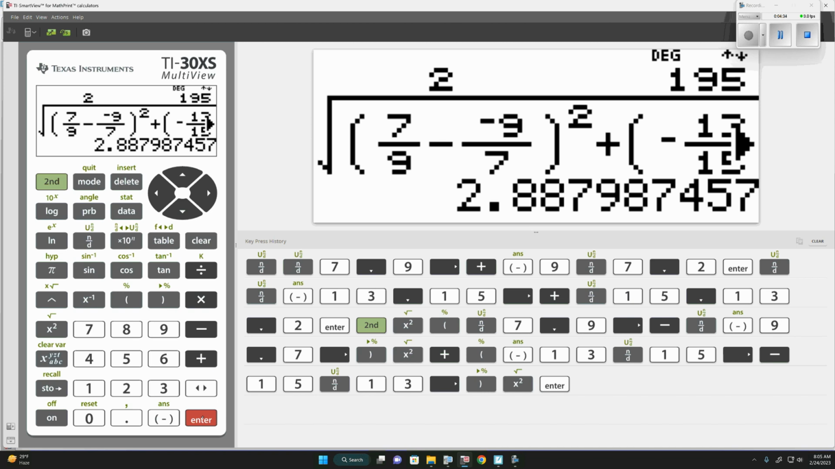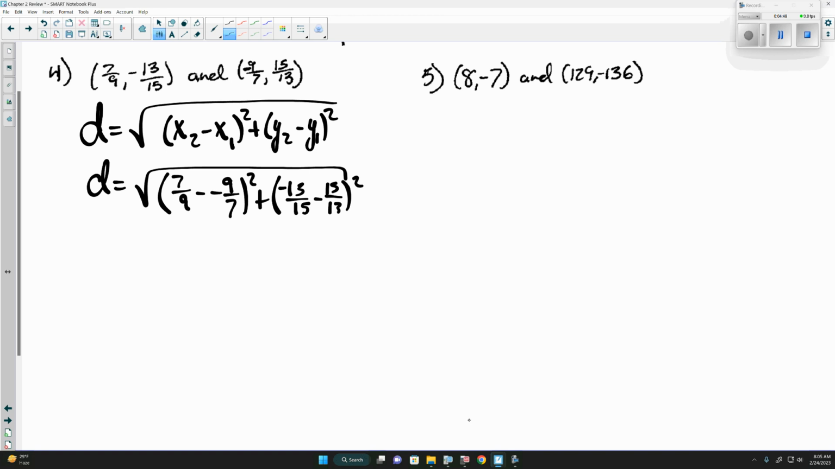If you can give me at least 2 decimal places or 3, either one works. If you're not sure on which one, just give me more. Giving me more digits is never a bad thing. So we can say 2.88 or 2.89. 89's the more correct,